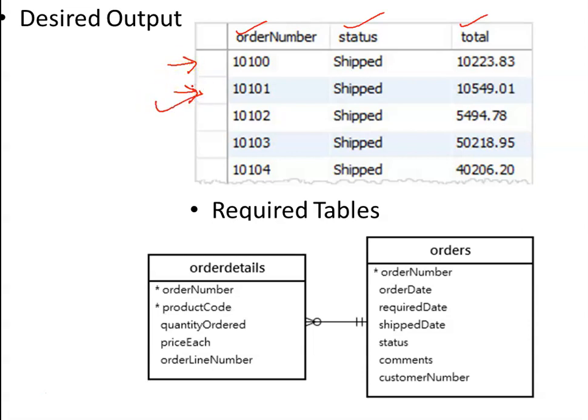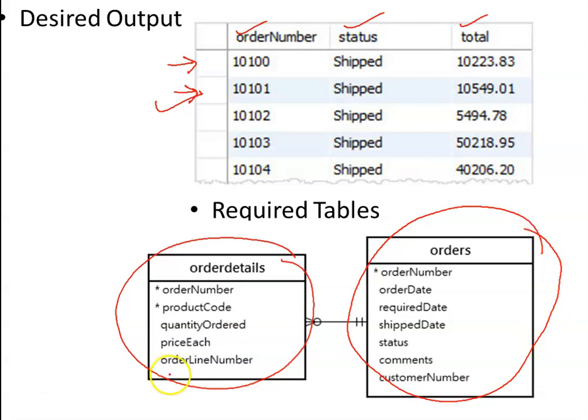Now if we go to look at the tables, we can clearly see that the order details is given in one table and the other information about the orders, that is the status of the orders, is given in some different tables. So since our information is split in two different relations, we require to make use of inner join. Status is there in the orders table, whereas the total amount is in the order details table in the form of quantity ordered and price each. We require to find a way to join this particular table.